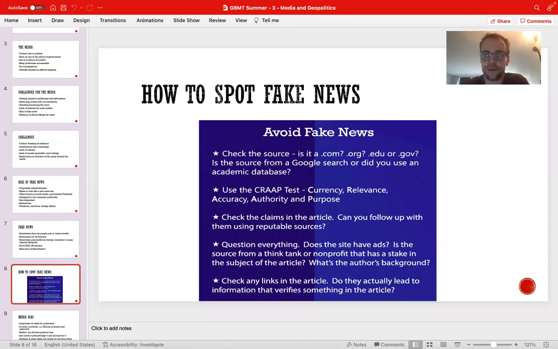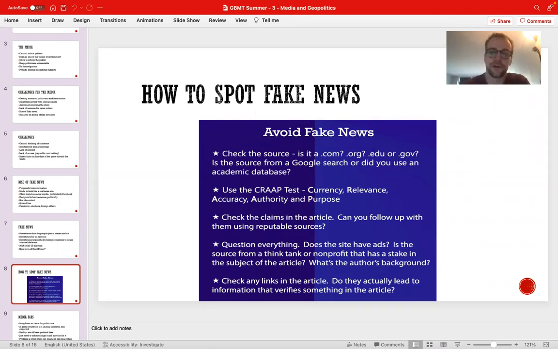So we left off right before our break discussing fake news and how to identify this news. And I think it's a little important to go further in detail here because it's so crucial for you writing your assignments and doing your own research. So today we'll go over the tools to identify good and legitimate sources.